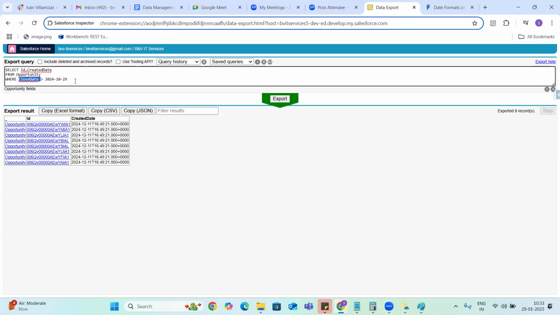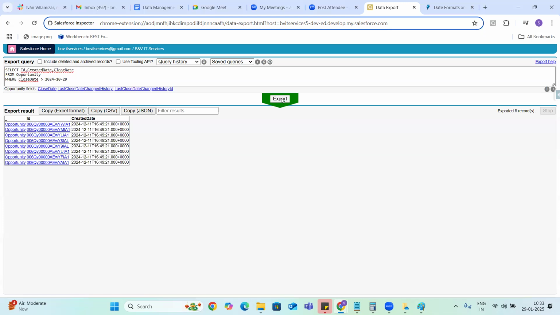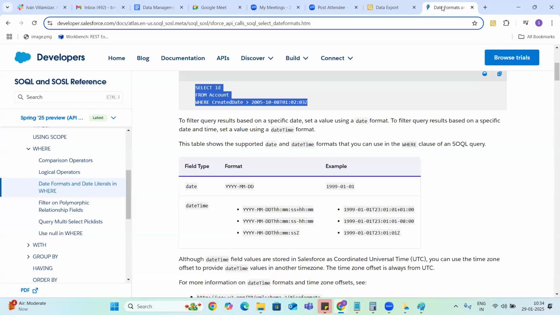So if you want to see what kind of information the close date has, this is how. Whenever you are comparing date fields, you have to follow four-digit year, hyphen, month, hyphen, day. In case of date time, you just need to follow this syntax. You can follow the other two syntaxes also.